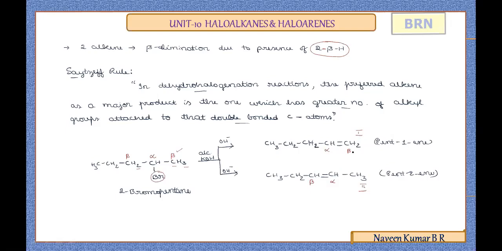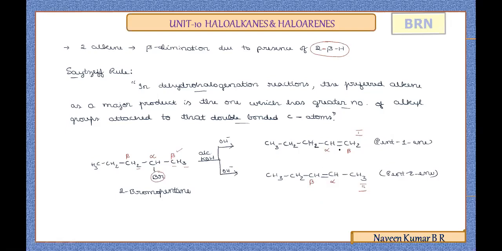So this is just to explain, I'm writing this here, not required to mention this, just to understand from the main compound. Now in the second case, this alpha and this beta carbon will form a pi bond between these two to form alkene as pent-2-ene. If you observe these two, pent-1-ene and pent-2-ene, as the two types of products expected as alkenes, which is the major one? To understand, we need to learn the Saytzeff rule.